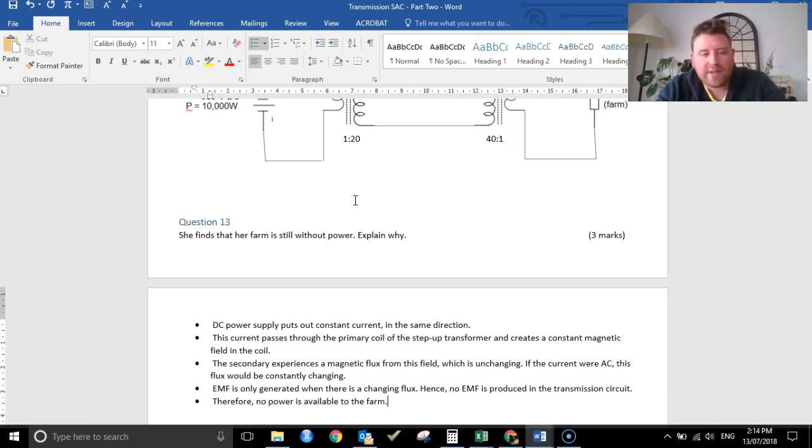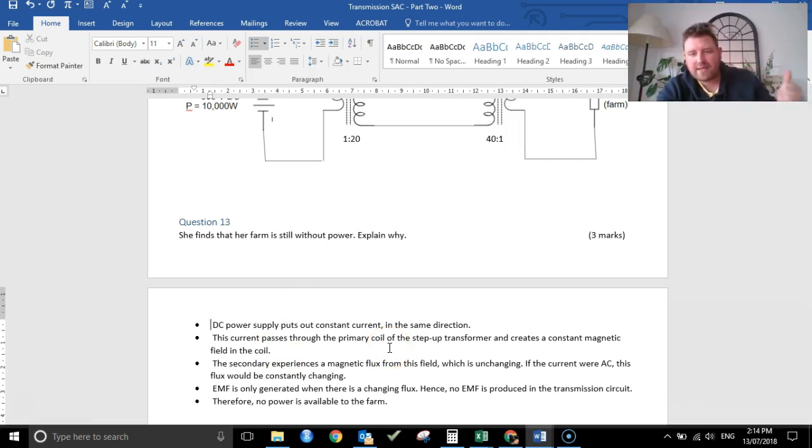And you could probably stop there and just say, therefore, no power is available to the farm. So if there's no power being given to the transmission circuit, then there's none that's going to go all the way to the load circuit. You could put in an extra sentence there if you wanted to, but that's probably enough to get you the marks. What we're really looking for there for the 3 marks is that the DC current